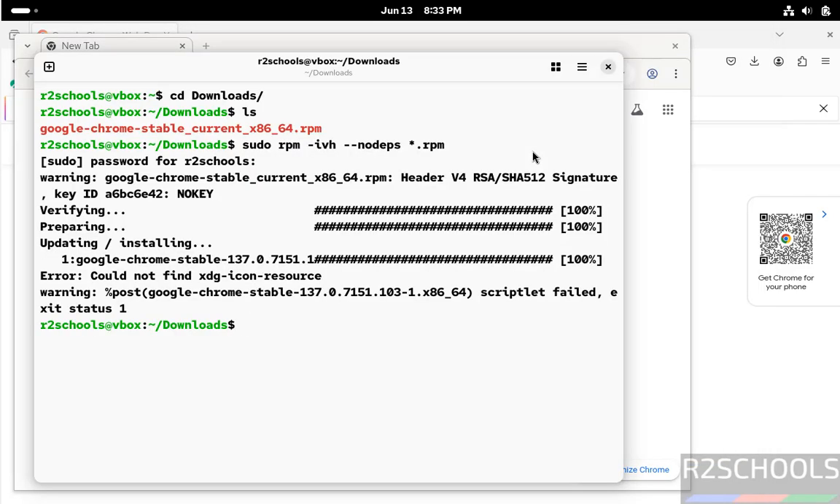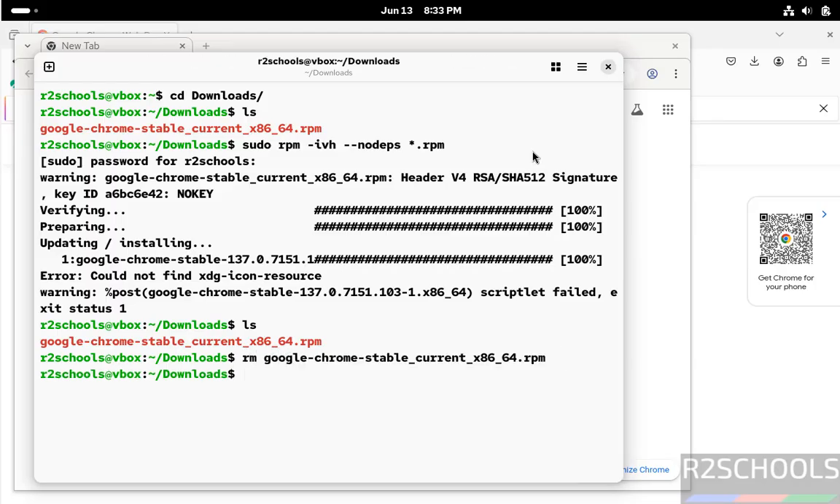Okay. Now go to terminal, ls, remove this one. We have cleared the space. Okay, so in this video we have seen how to download and install Google Chrome latest version on Rocky Linux